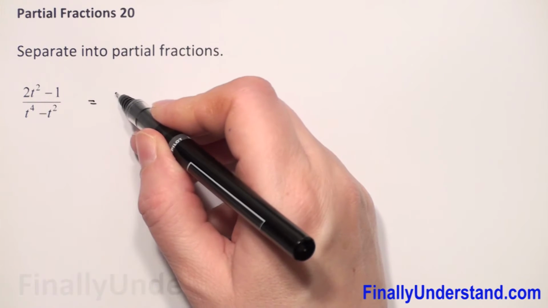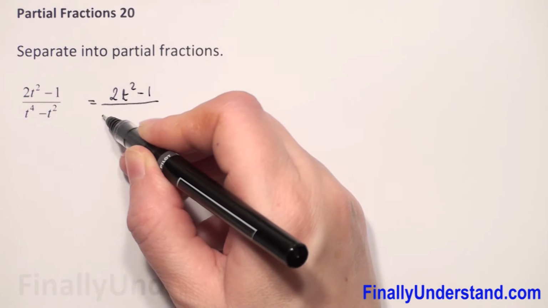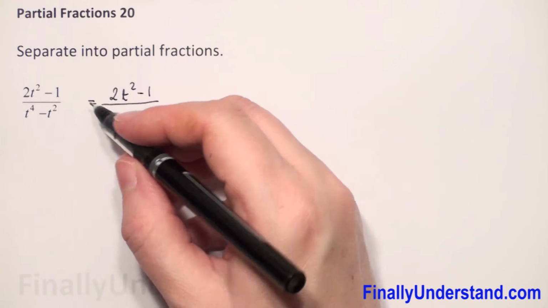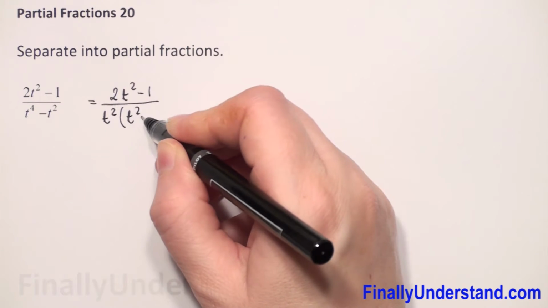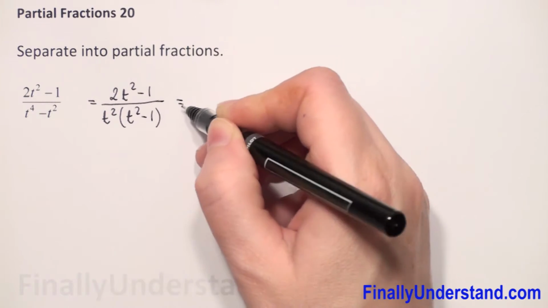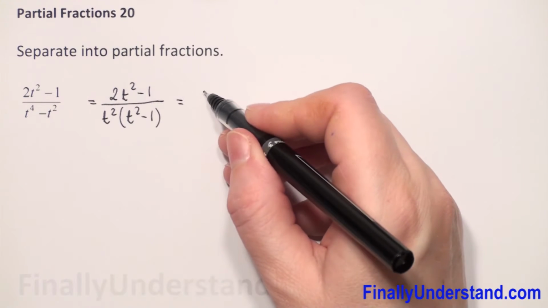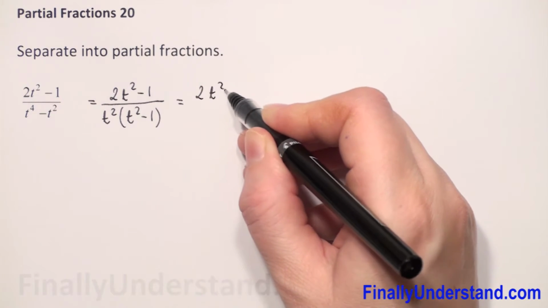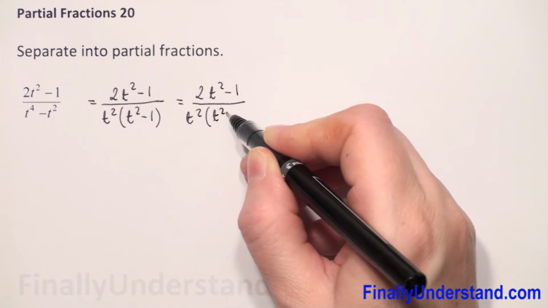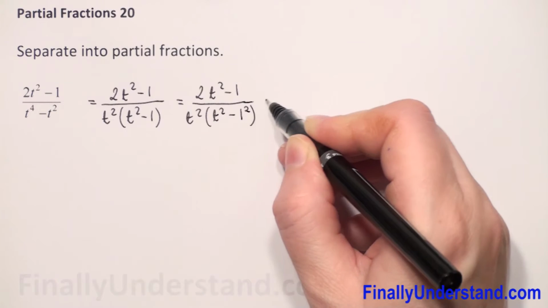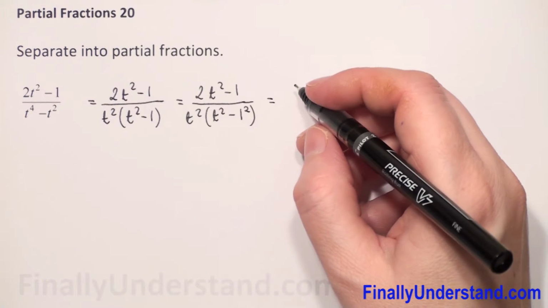So let me copy the numerator. We have 2t squared minus 1 over, we can factorize t squared, so it will be t squared times t squared minus 1. What else can we do? 1, we can rewrite that this is 1 to the second power, so we have 2t squared minus 1 over t squared times t squared minus 1 to the second power, and we have the difference of two perfect squares formula, so it will be